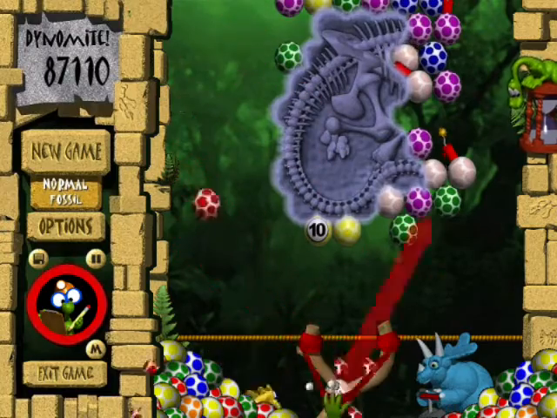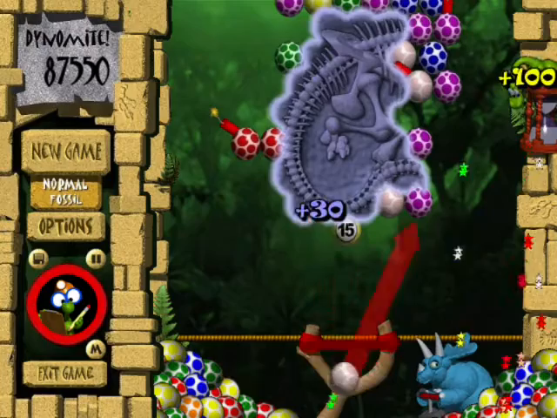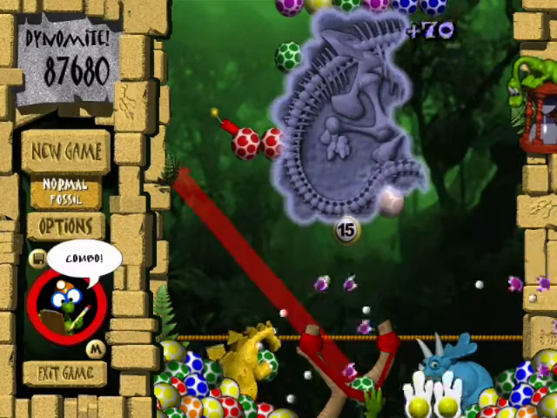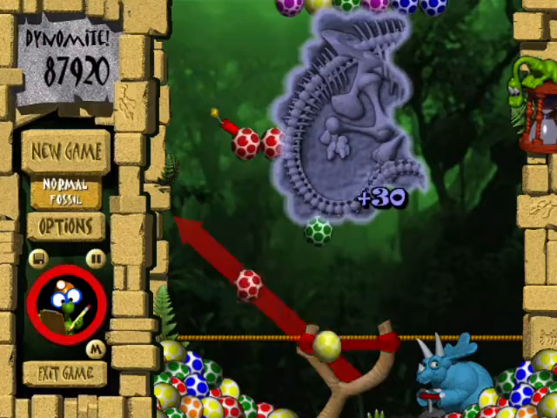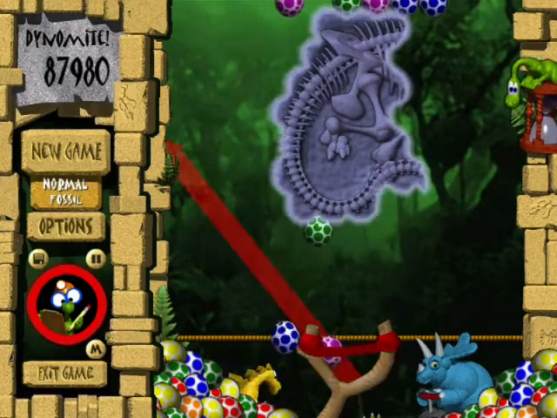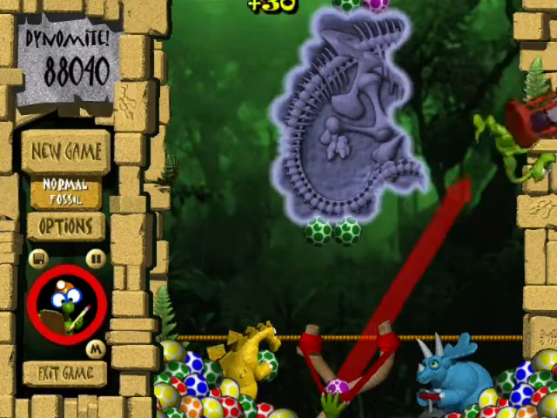For that reason, you really want to try and get as many eggs up top as early on as possible before the puzzle starts moving down and it becomes harder to get eggs up there because you have this big honking fossil fragment in the way. You get 45 seconds per cycle for this one, and we're just about to run out. Time's running out. Wait for that,